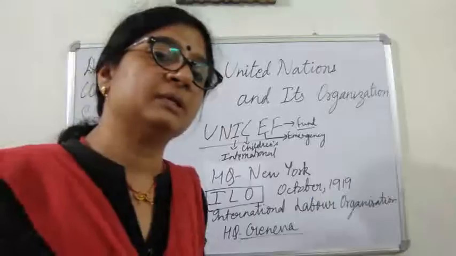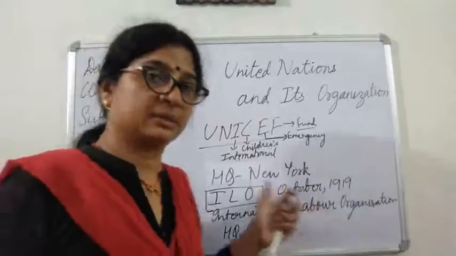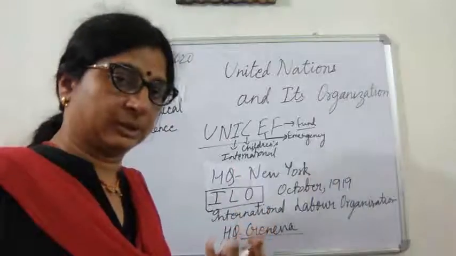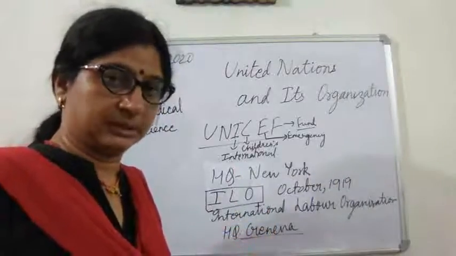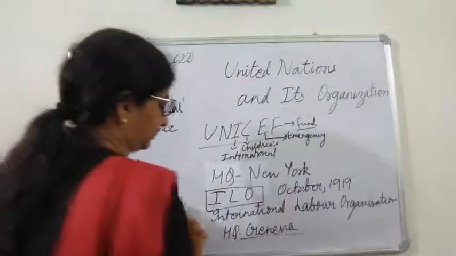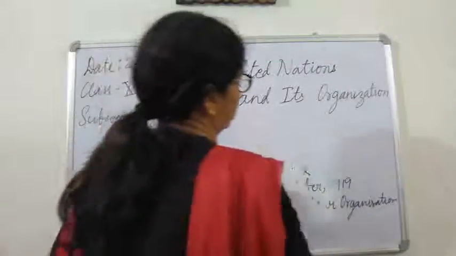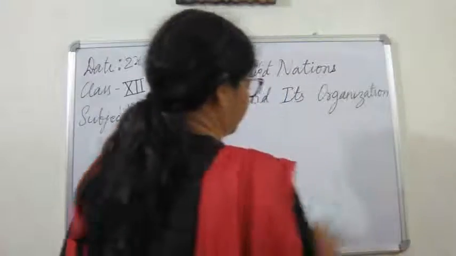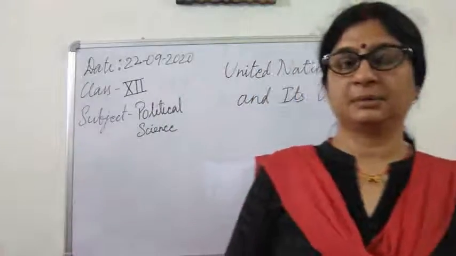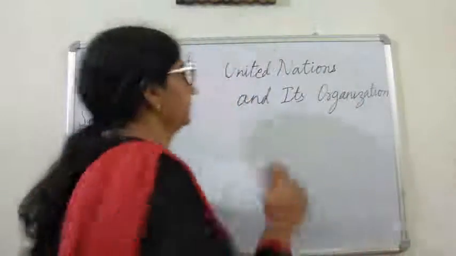And now we see that the chapter, this is complete about this United Nations and its organization. In this chapter, only these three organizations you have to read about, these three new organizations: UNESCO, UNICEF, and ILO. And now we see that the chapter security, it has been deleted from your syllabus. Now security chapter you don't have to study, but in under this chapter there is a topic terrorism,